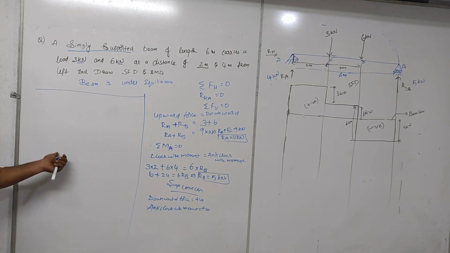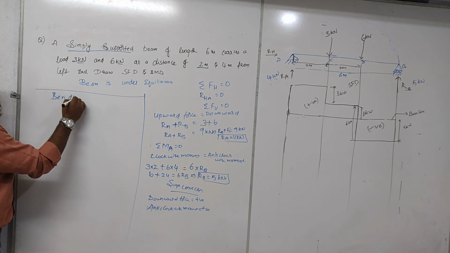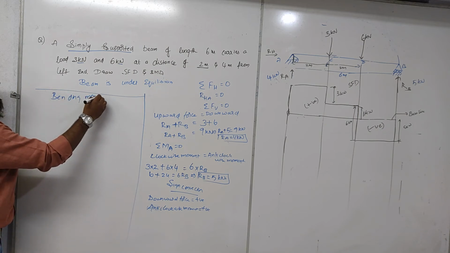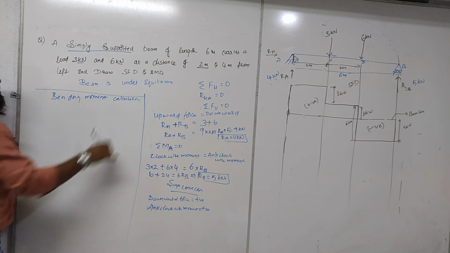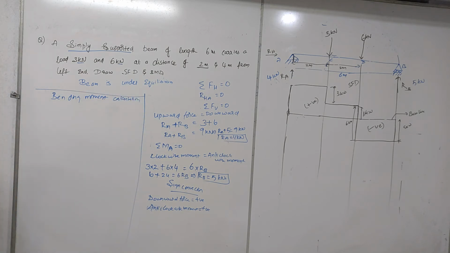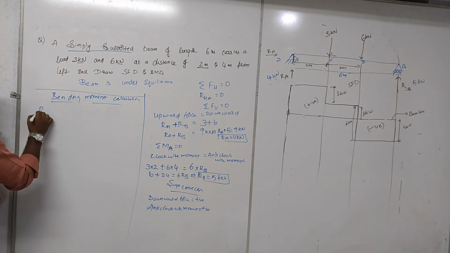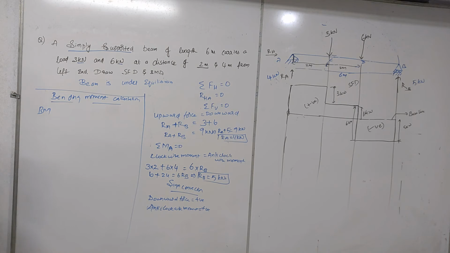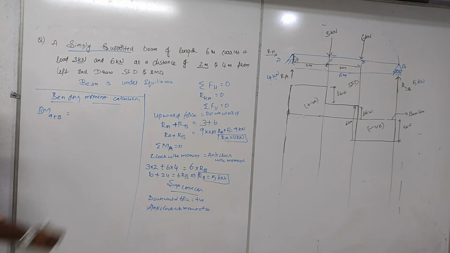Now we are continuing with the bending moment diagram for the same figure. So let us take the bending moment calculation. Everything remains the same. What is the bending moment calculation? We generally calculate bending moment at the points. Bending moment should be calculated at the points. First is the right corner, where we have point B.